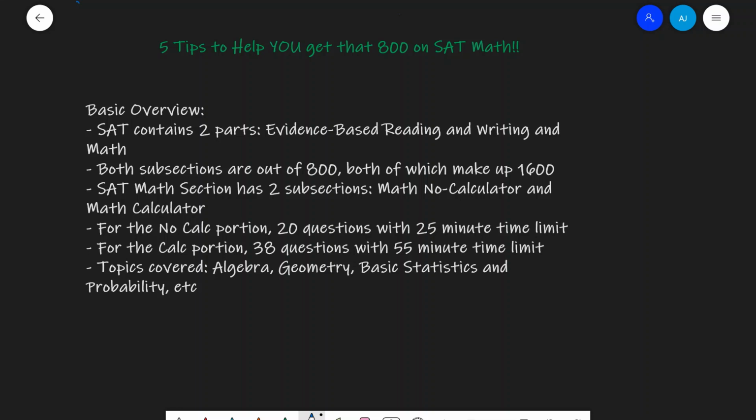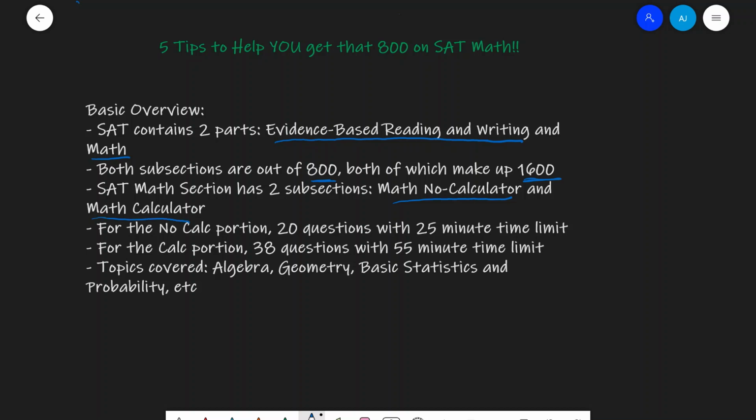For a basic overview, the SAT Math section is the second of 2 parts of the SAT, the first of which being evidence-based reading and writing, and the second of which being math. The SAT Math section and SAT Reading and Writing section are each out of 800, together making up the perfect 1600 score. The SAT Math section is divided into 2 parts, the Math No Calculator portion and the Math